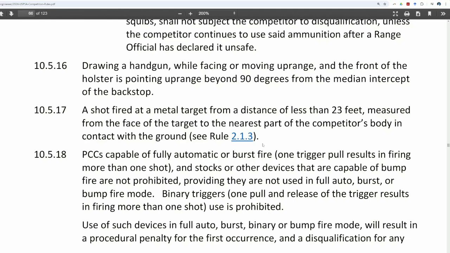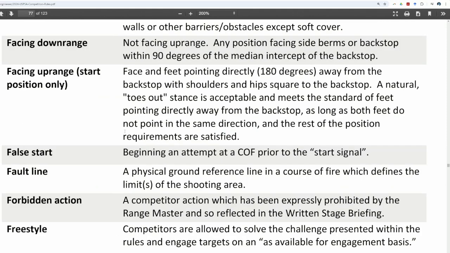The first clause is while facing or moving uprange. Okay, so what has to be facing or moving uprange? You, the competitor. So while the competitor is facing or moving uprange. Okay, so what is facing uprange? Well, we have a very strict definition for that. So if we go in the rule book, in the glossary,